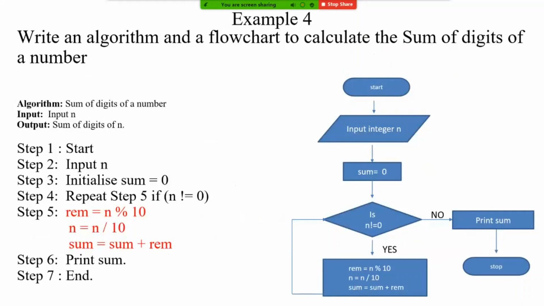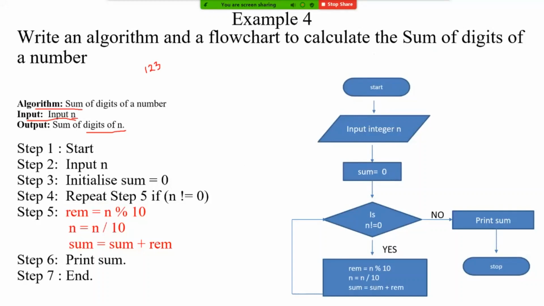So what is the first step? We will be writing the aim of the algorithm. This algorithm, if I use, I will be able to find the sum of the digits of a number. But I should be given an input to this algorithm. Algorithm is expecting an input, that is a number n, and output is sum of the digits of n, right? So if I give any number, if n value is 123, it will be adding 1 plus 2 plus 3, and it will be giving us an output. That is the output expected. Input expected and output expected we wrote.